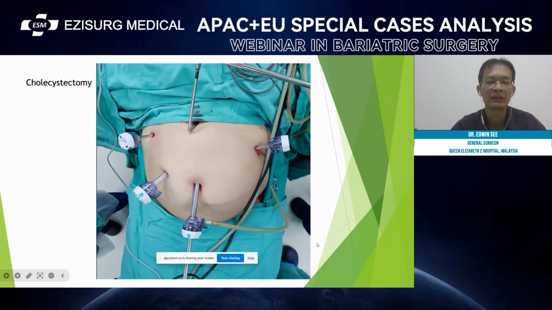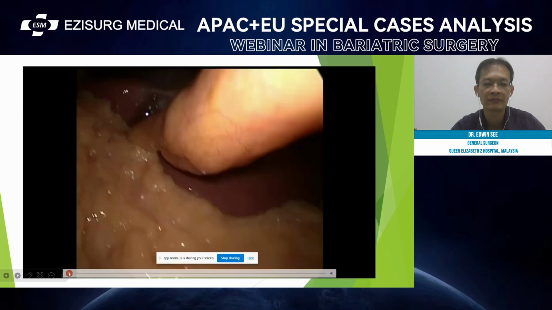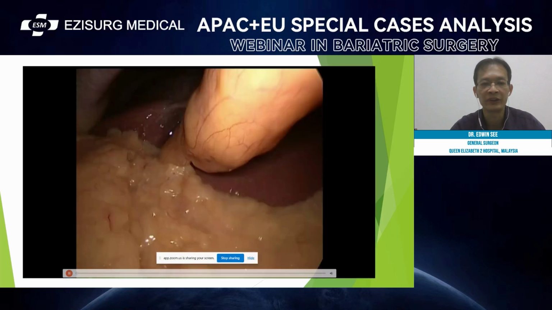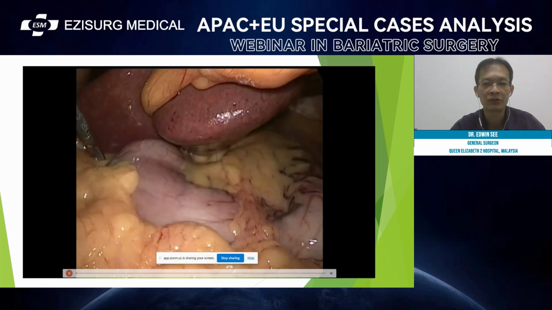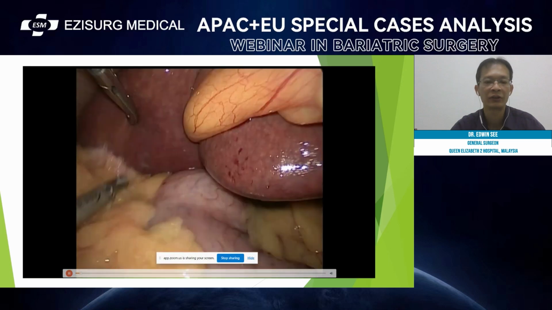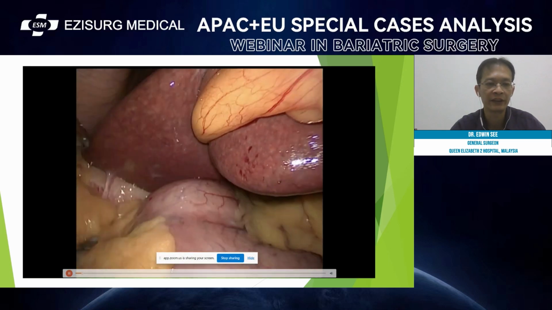The other way I approach my cholecystectomy is I still stand on the right side of the patient using this 5 mm and 12 mm port, whereas the camera and the assistant will continue on the left side. And it's quite similar to the bariatric surgery position. And here I'm operating on a patient with symptomatic gallstones, where she has a previous acute cholecystitis, and that is the indication for her